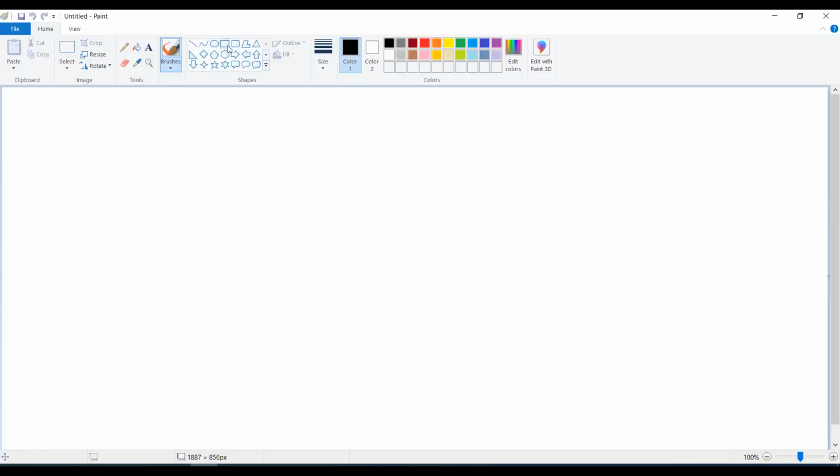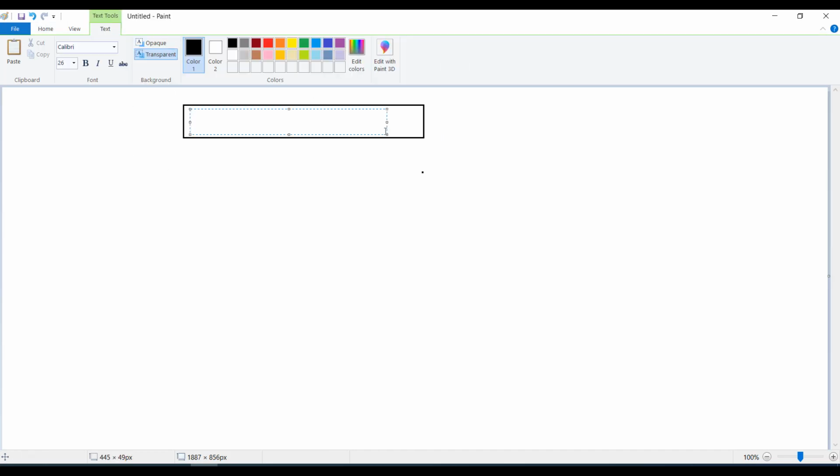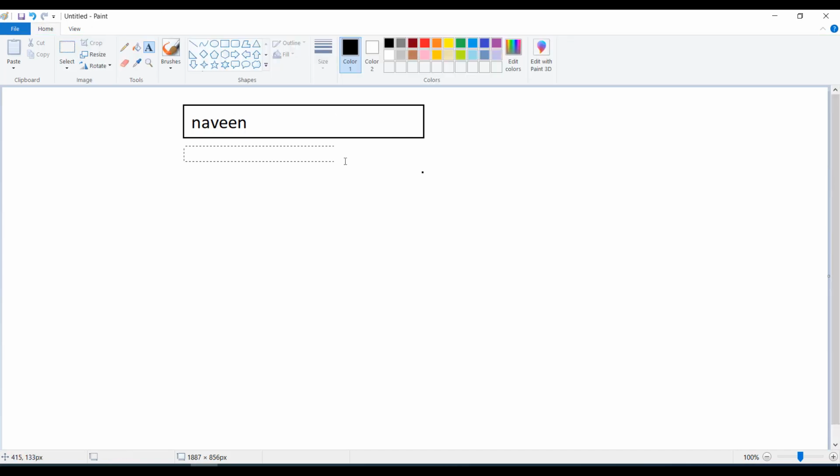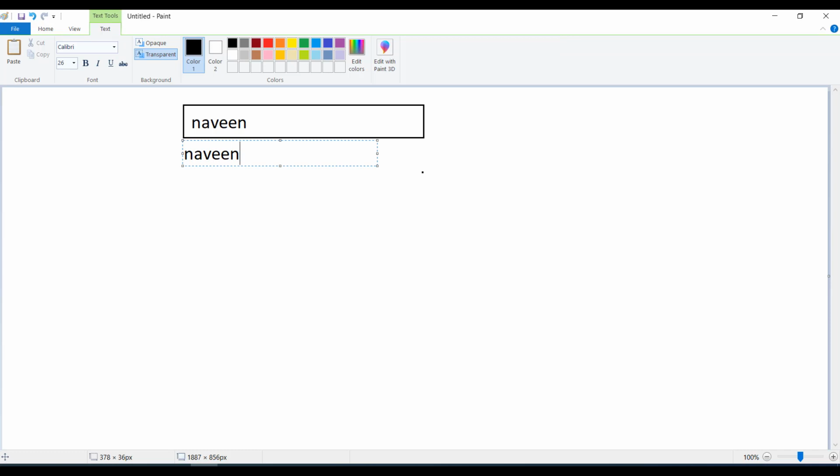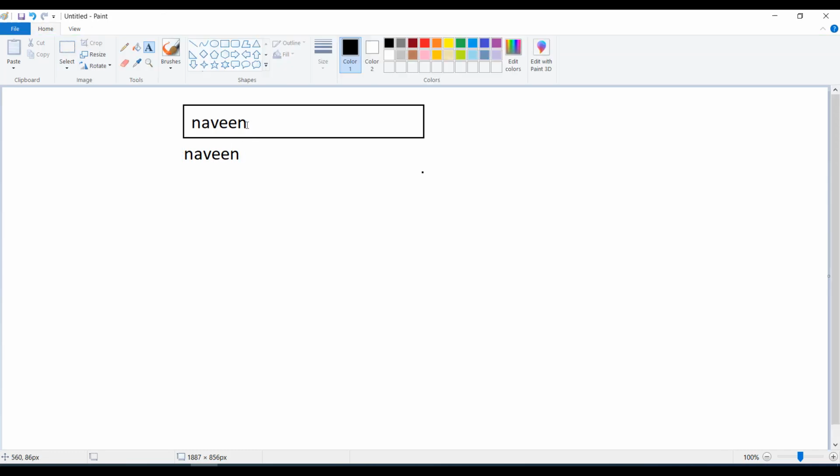I take an example: I have one text box. Whatever I type in the text box, the same data I have to display below. If I remove one character, it should remove one character. So it is a two-way binding example.